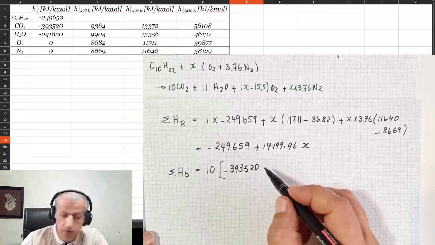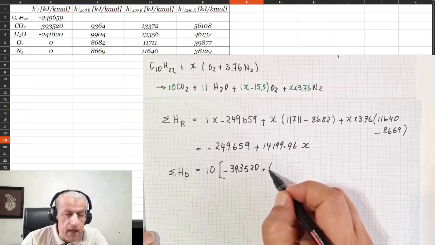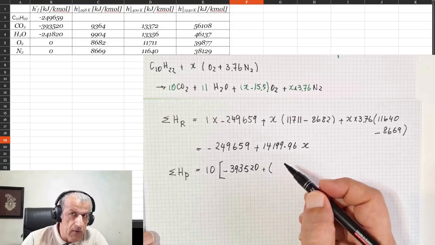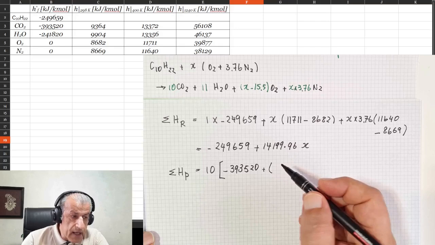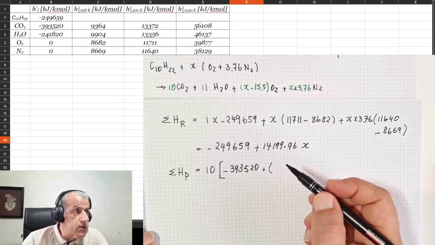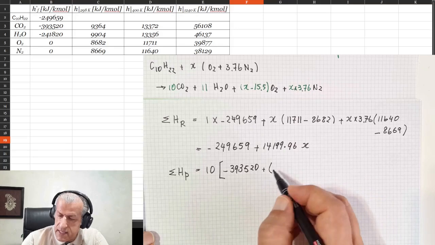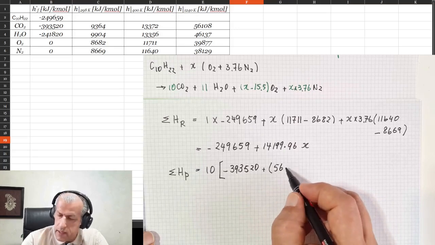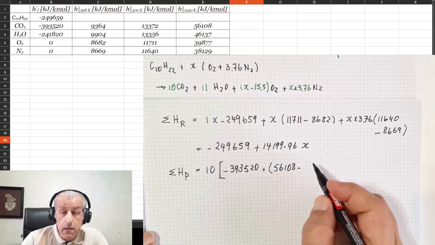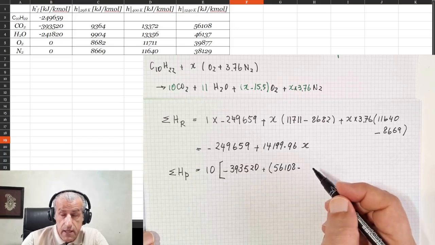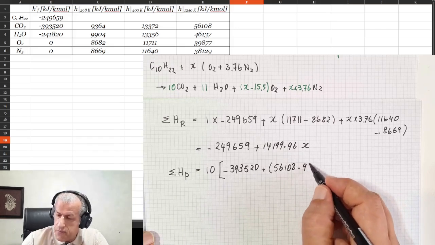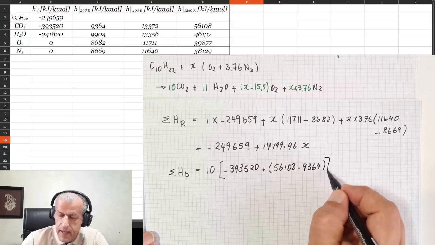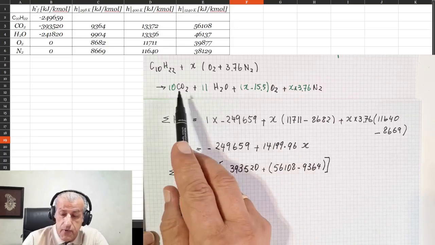That is the enthalpy of formation, plus whatever it has for its temperature. If the products are going to be at 1240 kelvins, then their enthalpy should be calculated at 1240, and that is 56,108 minus the base enthalpy at the base temperature, which is 9364,